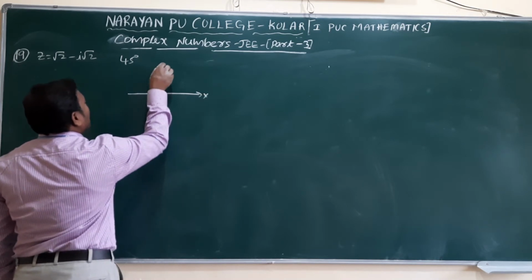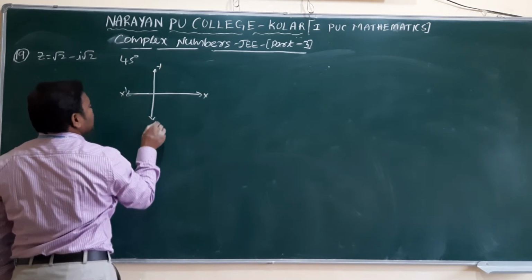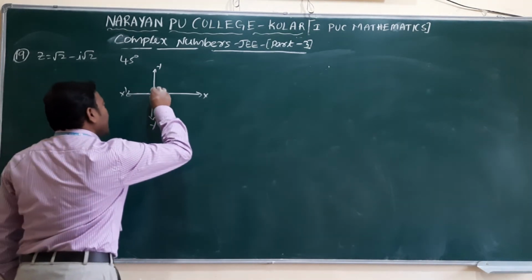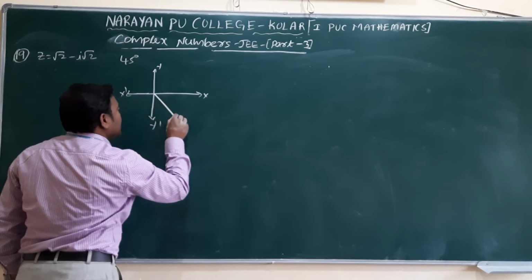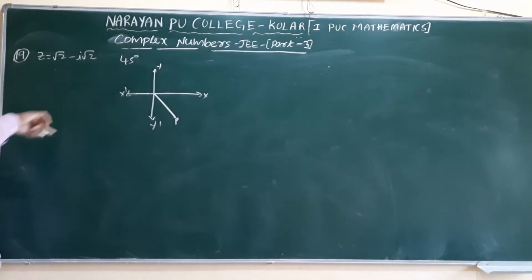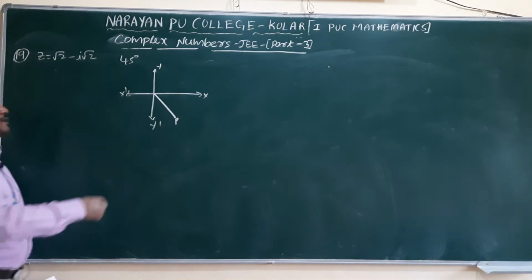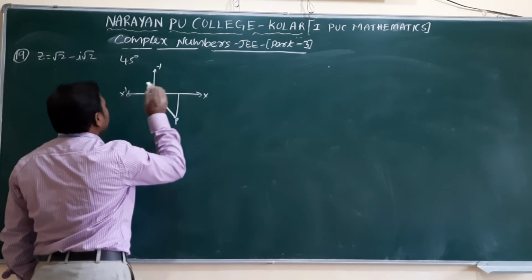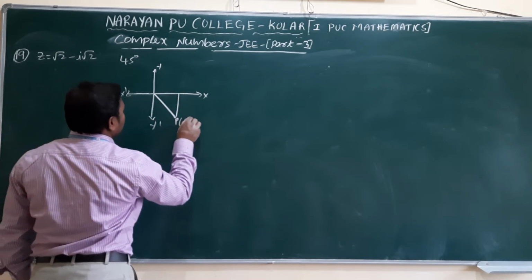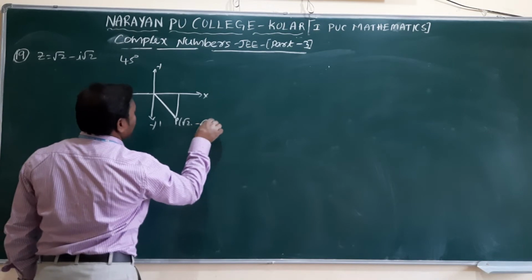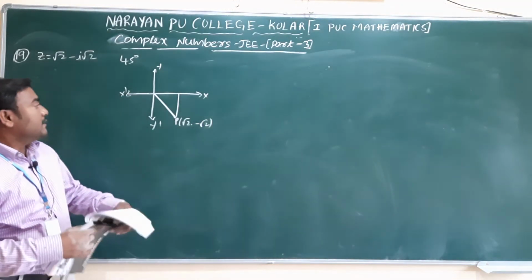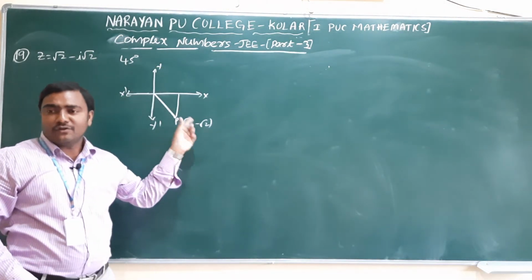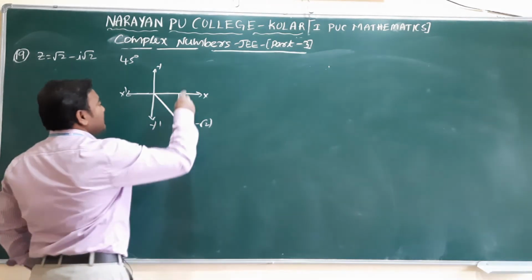Here we are taking x, y, x dash, y dash. So root 2 minus i root 2. Here, like this, the point rotates 45 degrees. It rotates by 45 degrees about the origin. So here the point is root 2 comma minus root 2, but after rotating about the origin, the x value should be root 2 and the y value 0 at the new position.